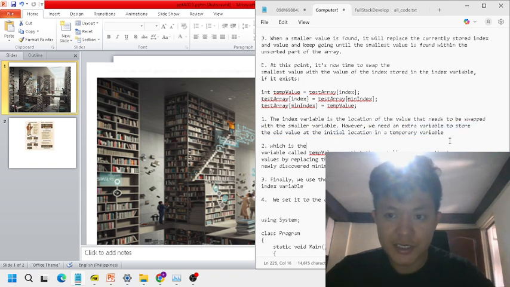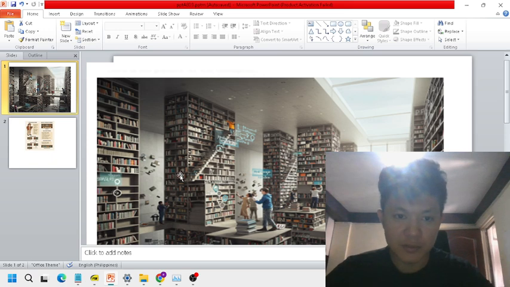However, we need an extra variable to store the old value of the initial location in a temporary variable. So we need to store the old value. So let's say we're finding the next smallest book here in this library. So let's say we found a potential smallest book. We put that here, and then we go to the next shelves, and then we put that here,